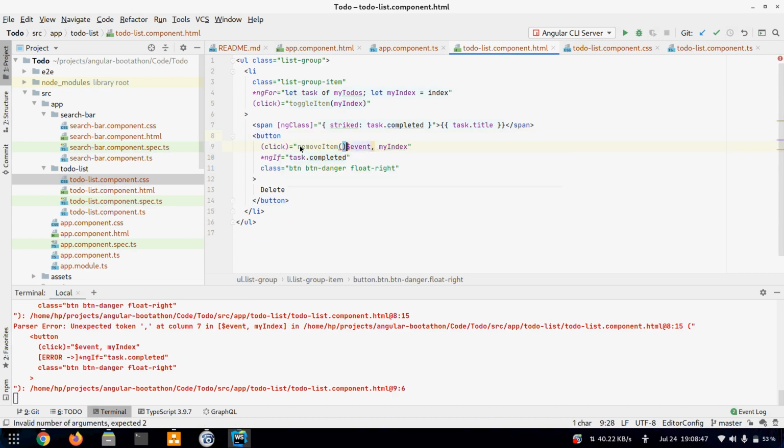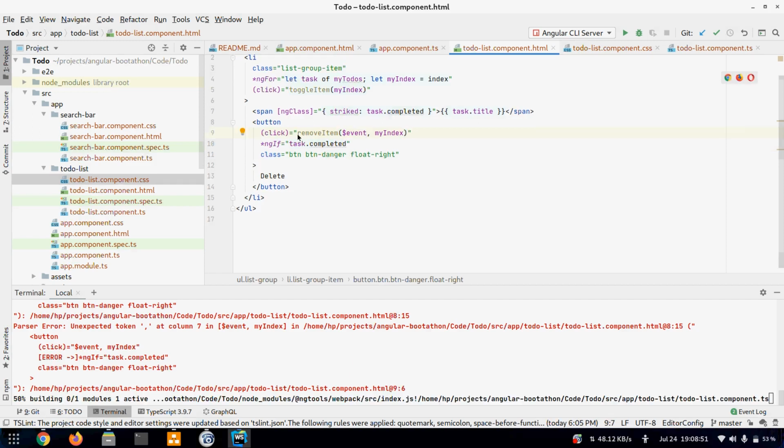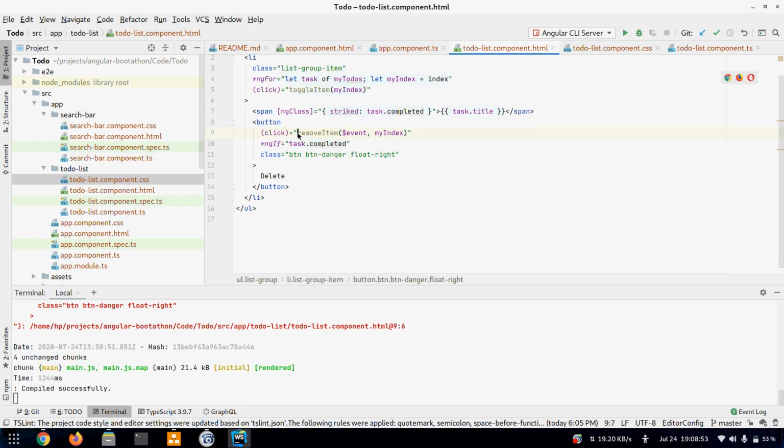Whenever we click this, the method removeItem will get called, and the first item it receives is the event, and the second item is the index.